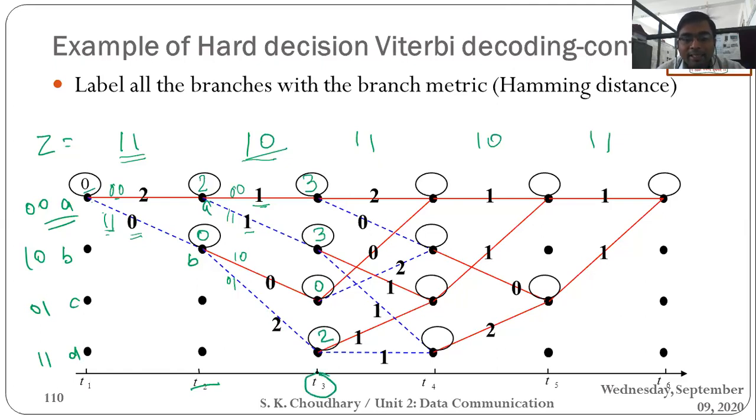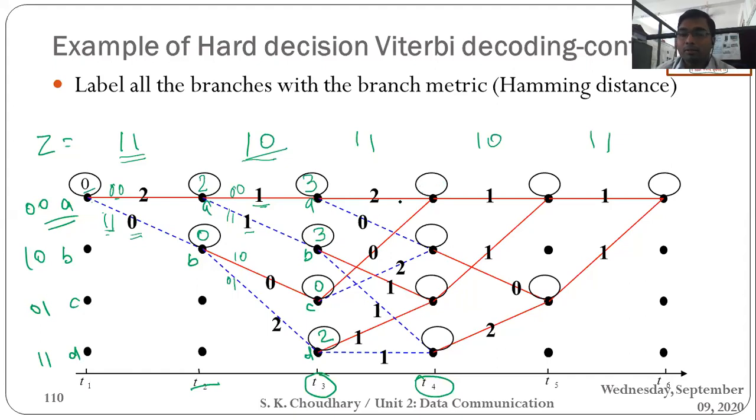Now at time t3, all nodes are activated, A, B, C and D, and all have some metric value. Like A has 3, B has 3, C is 0, D is 2. Now C has the lowest value, but we will not yet go for the survivor path. From the next dimension we decide the surviving path, because at time t4 every node receives two inputs. Till t3 every node receives only one input. Now at t4 every node receives two inputs,